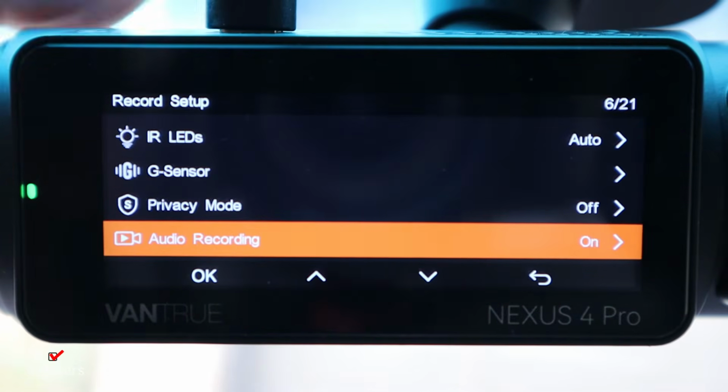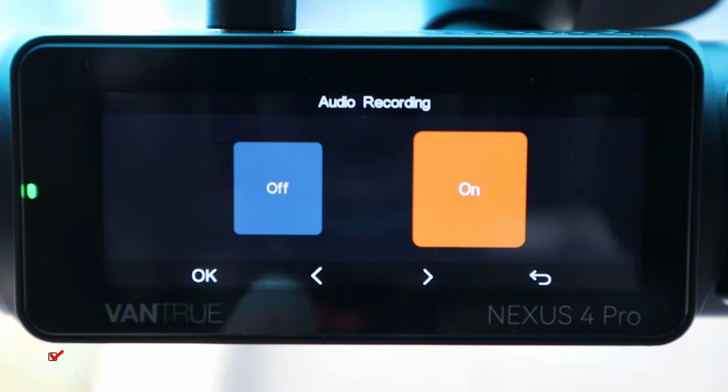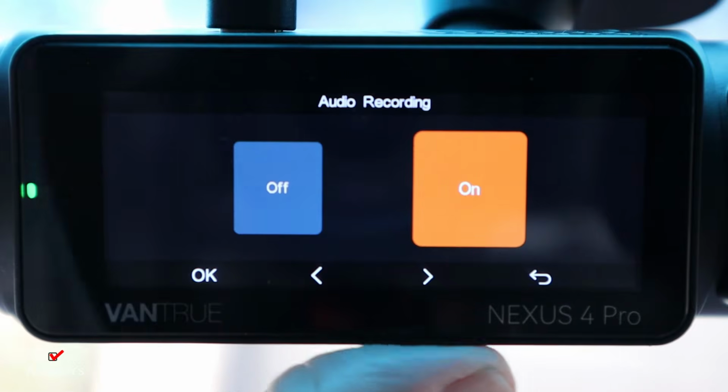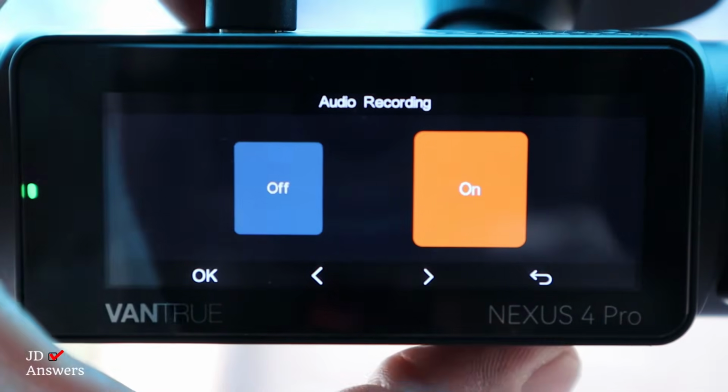I'm going to go down to audio recording. Now, this is all the audio that's inside your vehicle. So you could turn this off or on. It's kind of like what we did in the beginning when we hit the key in the bottom and it turned off and on your recording. Same thing if you want to do it through here. I'm going to leave mine on. I'm going to arrow out,